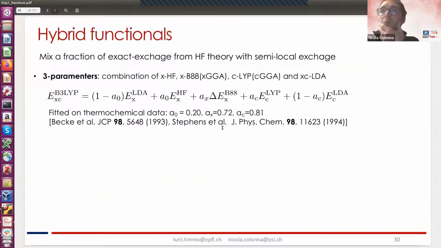Now, before going to detail, a few words about hybrids. As I said at the beginning, essentially the idea is to mix a fraction of exact exchange from Hartree-Fock with some semi-local exchange. So the idea is very old, dates back to 1993, when Becke first introduced it. And the way to mix the Fock exchange with the semi-local GGA exchange and correlation